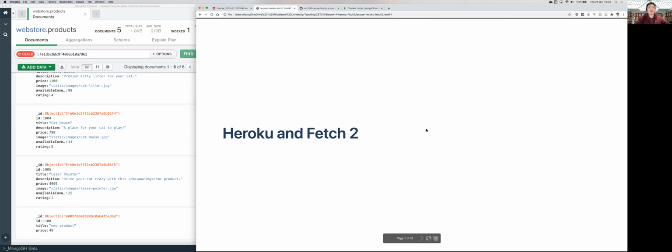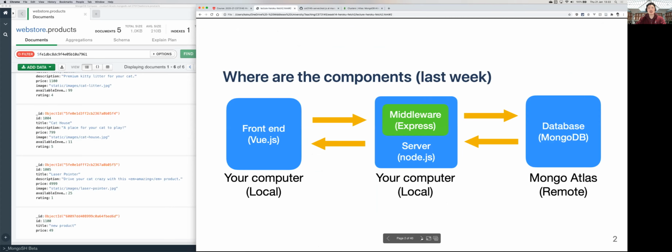Okay, and so this week we're going to mostly talk about Heroku. And we also talk a little bit about front-end fetch. Previously we only did the fetch with, say, the get. Now we can do put and delete as well. So the fetch request will be slightly different, so I'm going to show you a couple of examples there as well. Okay, and first,